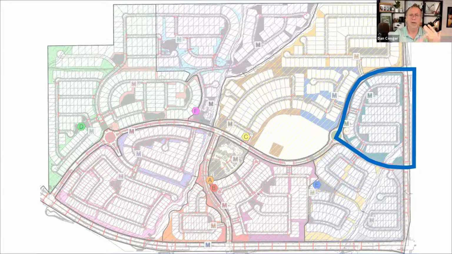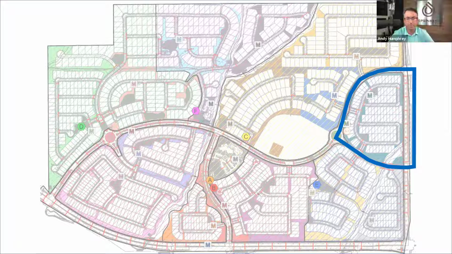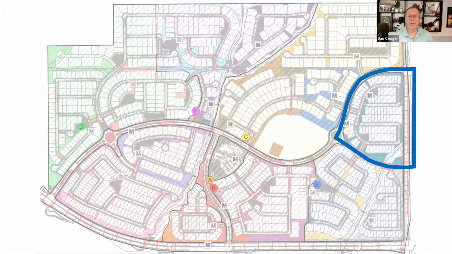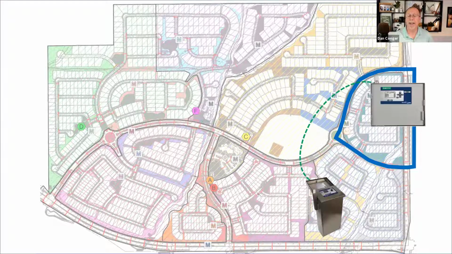Well, they've already got controllers in, they've already got water meters in, they've got some of the main lines in. What are some solutions? So Andy, what's the first thing we do? Is it probably another controller? Find the closest controller to wire and see if you can add on to it. Yeah, that's right. So run new wire. Well, we've got lots of street crossings, and anything's doable, but the easiest is to add a substation